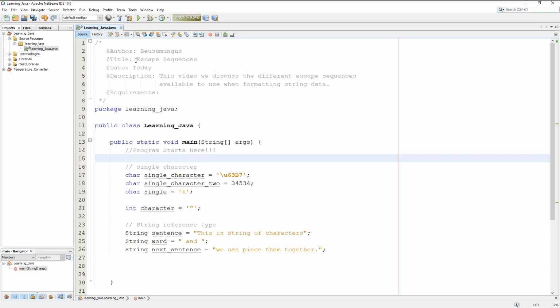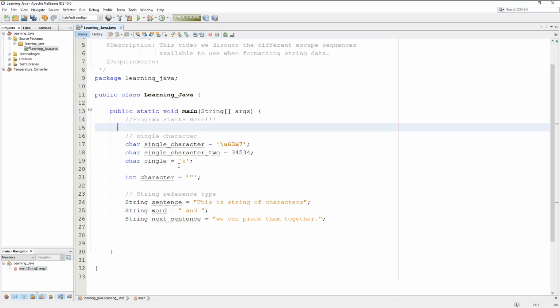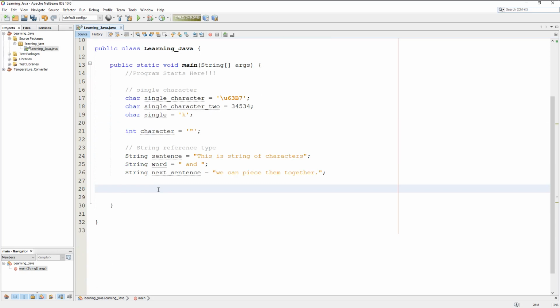In today's video we're going to be looking at the escape sequences, when we would use them, and which ones are available while we're formatting strings or string data. We'll give you a quick rundown of all the available escape sequences. You've got the \n, your \t, \double quote, \single quote, double backslash,